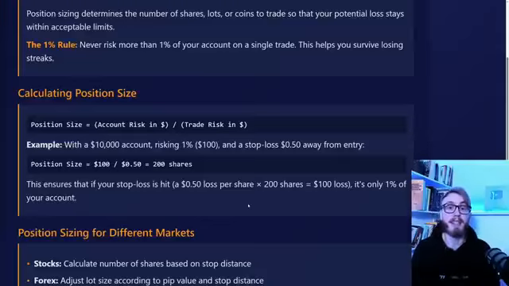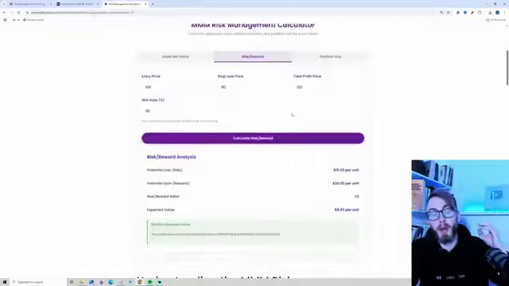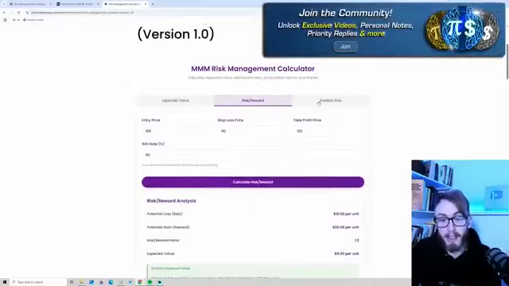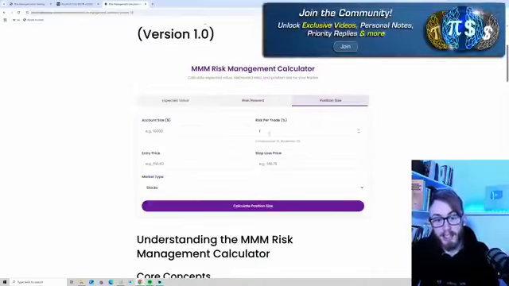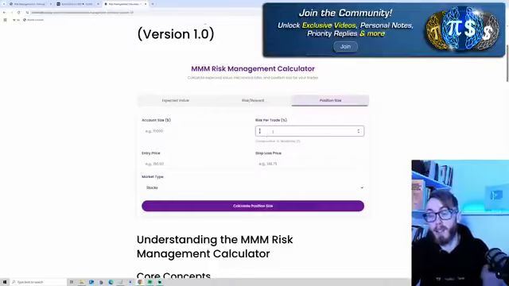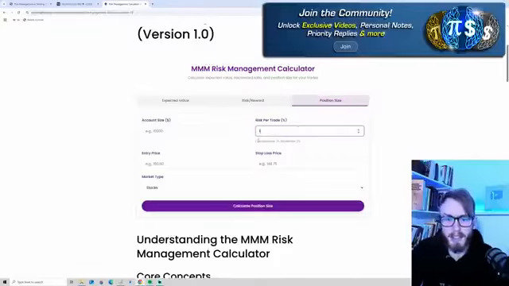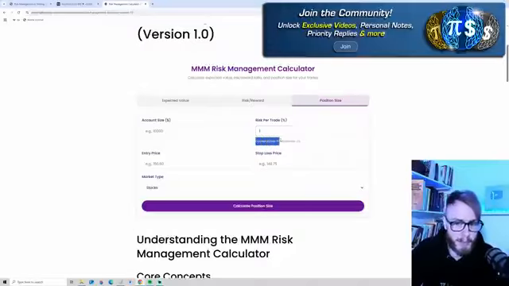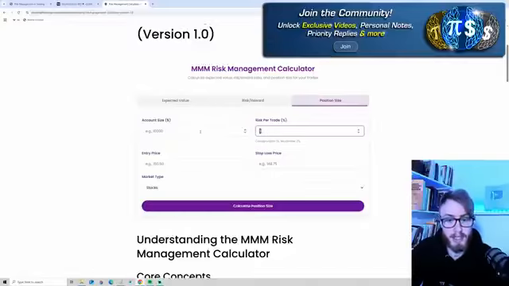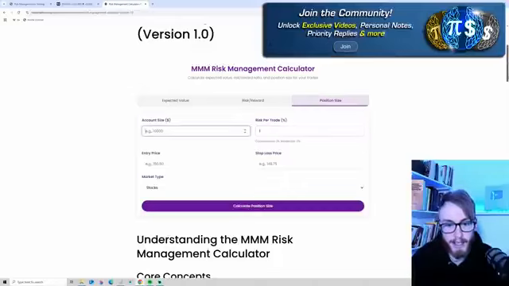And here, if you use our Mind Math Money community calculator, you can just go to position sizes here, and the standard, the original value here for the risk per trade is 1%. But some traders, as you can see here, the conservative value is 1%. Some traders use 2% or even 3% risk per trade here. But to make this clear, let's say that we use 1% risk per trade. And as for our account size, let's say we have an account size of